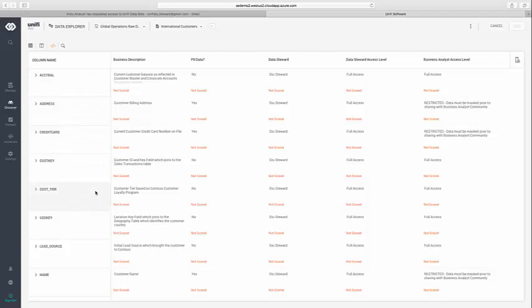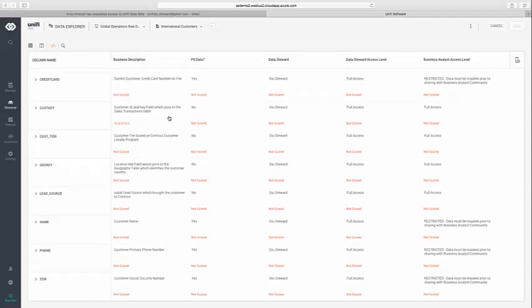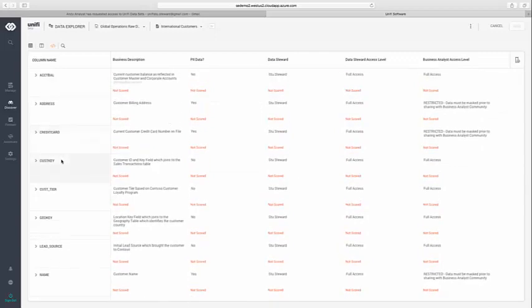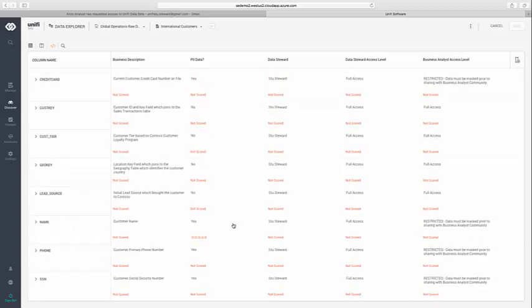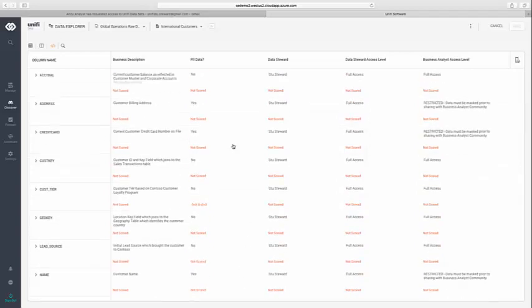I can see my various columns for this international customers data set. I can see very quickly a business description or any descriptive information that we might want to capture. In our case, Contoso likes to put a business-friendly description for all of the names. So for things like key fields or anything that might be named cryptic, it's very easy for the business user to understand what that data is. I've also got a PII reference column here. So for example, I can see very quickly that some of my columns, like the address, if I scroll down here, the name, the phone number, Social Security, or national insurance number, all of those things are labeled as PII.